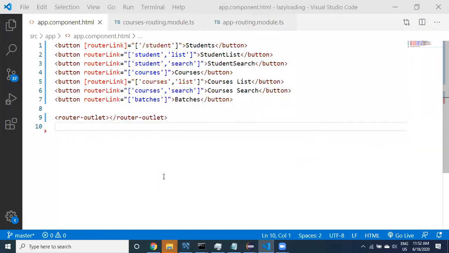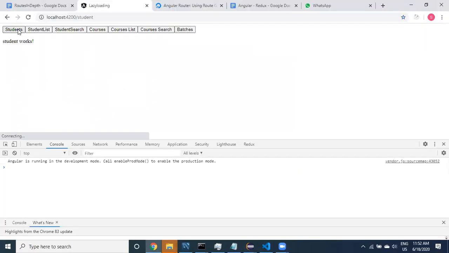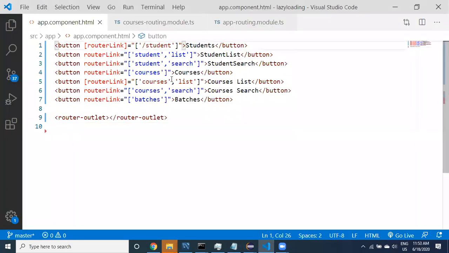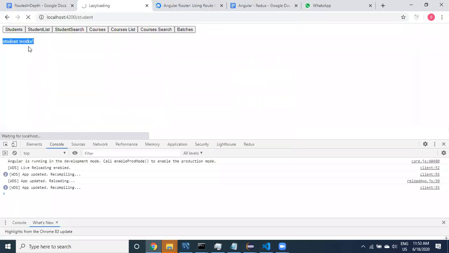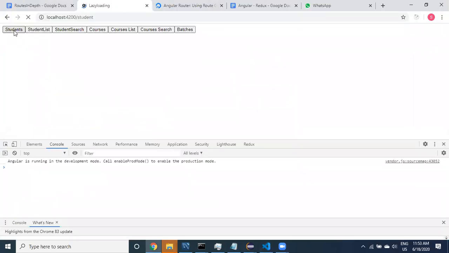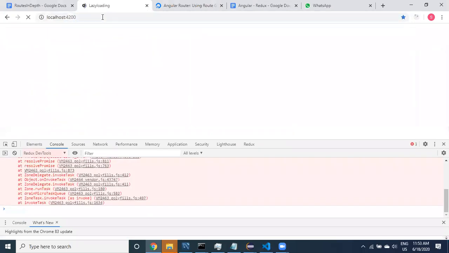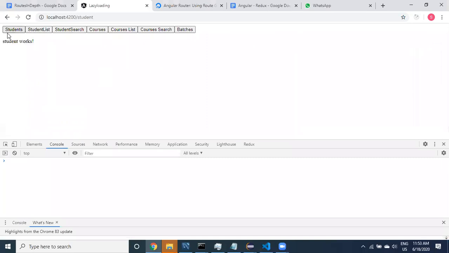We need to check all the ways. See here, guys. Now this is going to be slash, whether you provide slash or not. Check it out. Click on students. See here, guys, it's working fine, no problem.